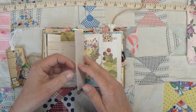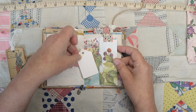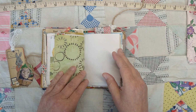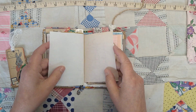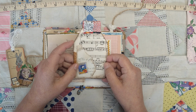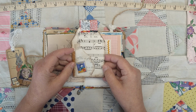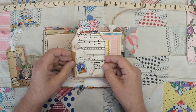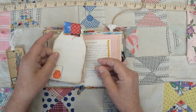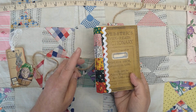And then we go back through the pages. There's a little pocket. And I love this duck. He just made me smile. And I do use paper from the scrapbook paper books. I'm not even sure that's what you call them. But when I find them in the thrift stores, I do pick them up. And this is just a tag I made. I wanted to carry the quilt fabric from the...